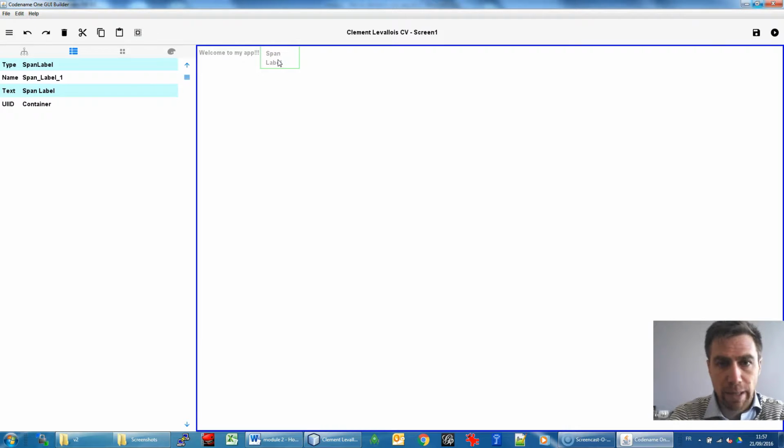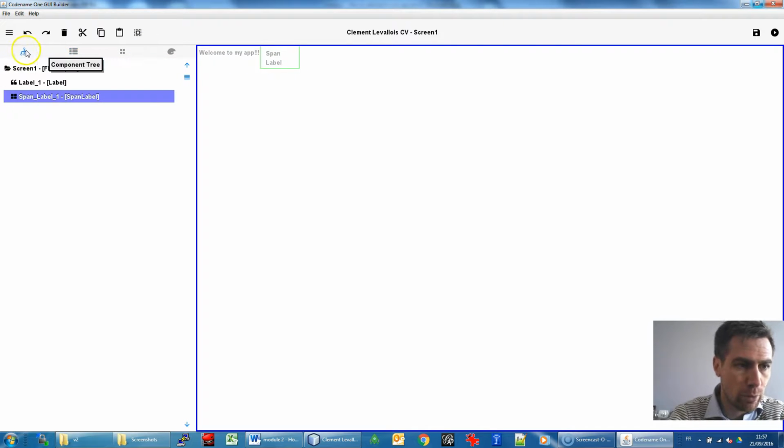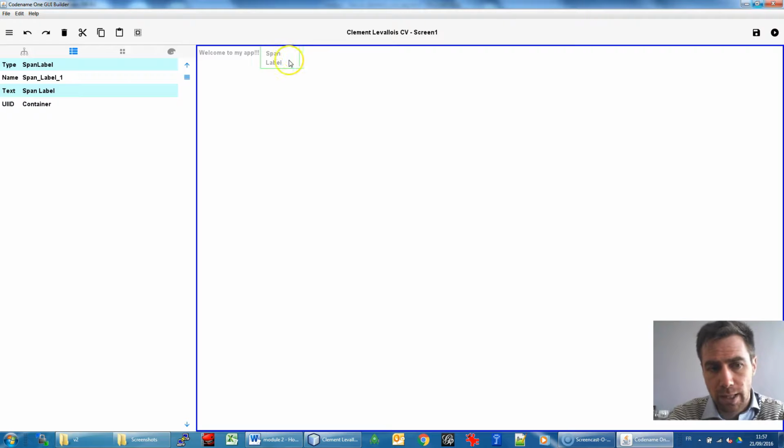So I select the span label there. It's actually easier than going to the component tree and then doing that. You can directly select your component on the screen. You know it's selected when it's bordered in green. So then I go to the properties of my span label. And so the difference between a span label and a label is that I can write very long text in a span label, like